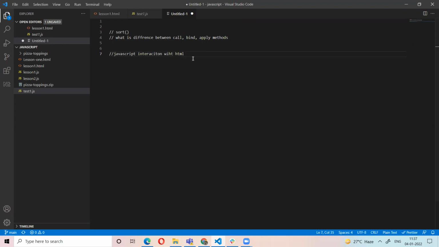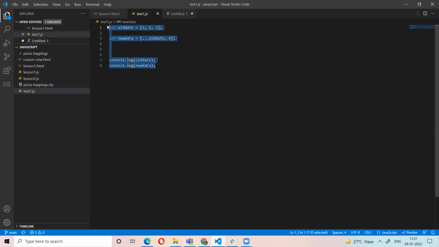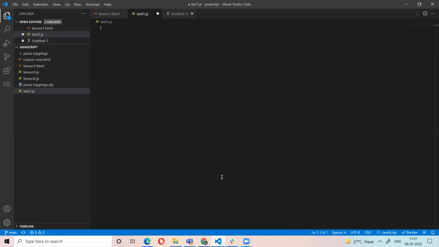First, let's go to sort. Do you know what is meant by sort? Sort means ascending. So you people know the meaning of the sort method. Sort means ascending and descending order. For example,